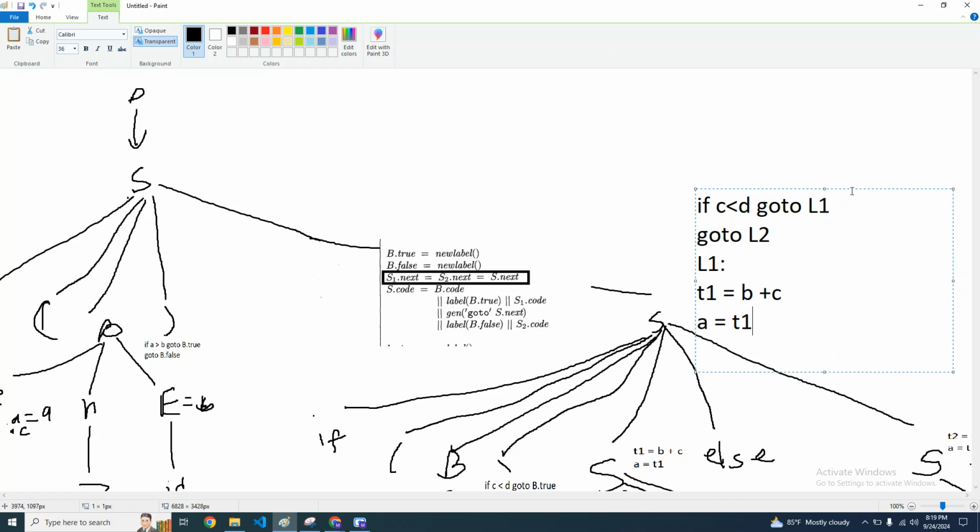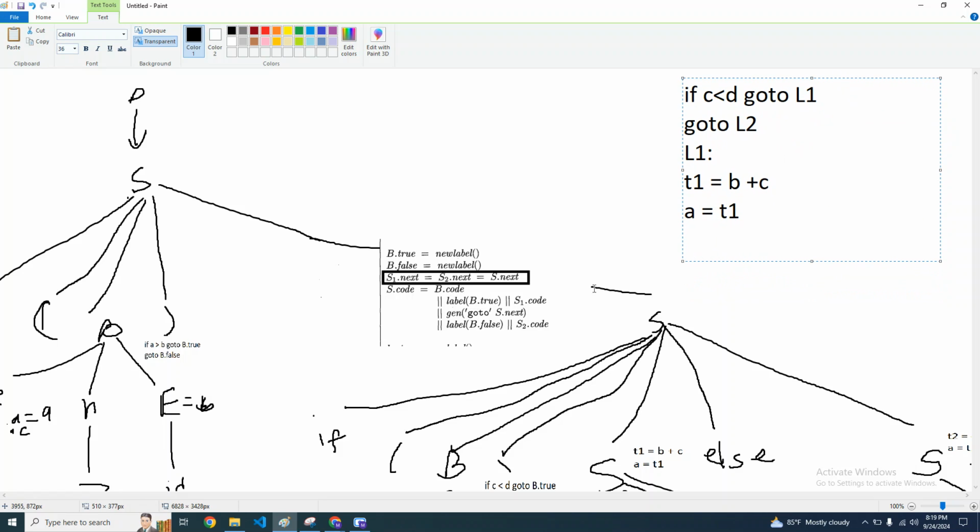Okay, so after s1 dot code, we need to generate go to s dot next. Okay, so let's create a label. So let's suppose go to s dot next is labeled as L3. Okay, it is labeled as L3, or you can just write s dot next because